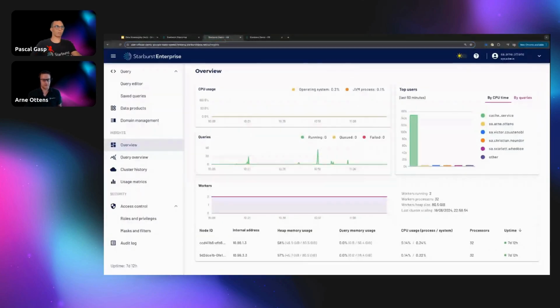I have a couple at the top over here. First of all, let me give you a short overview of the Starburst interface. Right now, we're seeing the overview of Starburst Enterprise. We're seeing the resources utilized so that our admins can make sure the platform is healthy and up and running, and your end users do not experience any glitches or outages. You see that we have a security section where you can set fine-grained access controls, which we are about to touch on later in this demo as well. And of course, you are able to query the data itself and also expose data products, which will be a highlight during this demo as well.